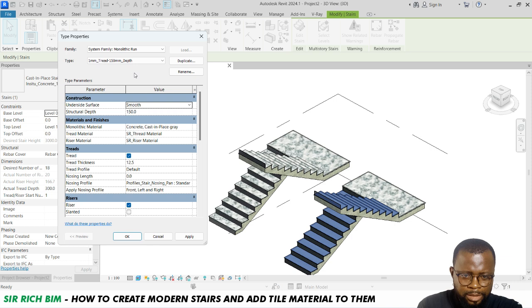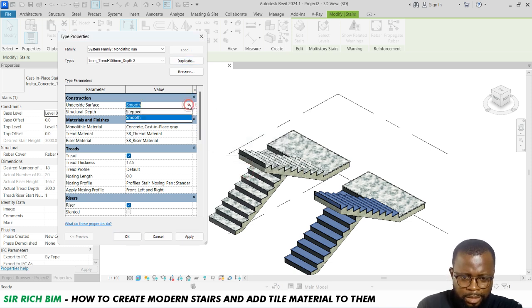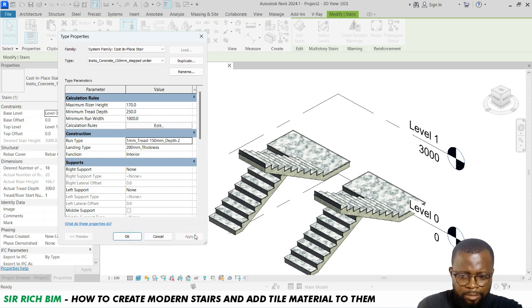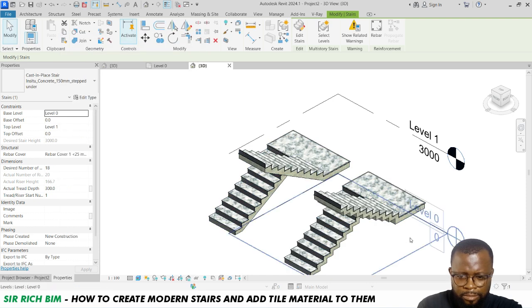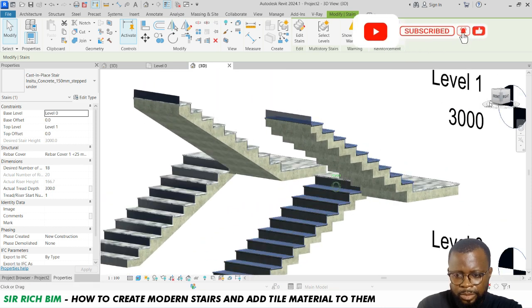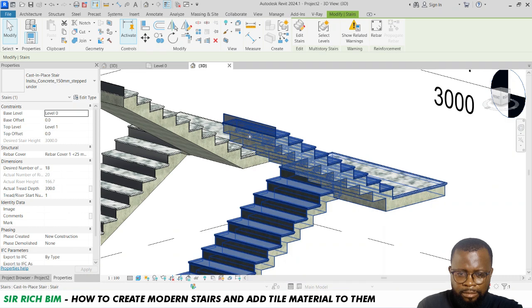But before we do just that, we need to duplicate the type. Duplicate here, and then we set it to stepped. Leaving the materials as it is. Apply. Apply. So here you have, with this thickness as it is now, you may not require that beam, that central beam running through it, because